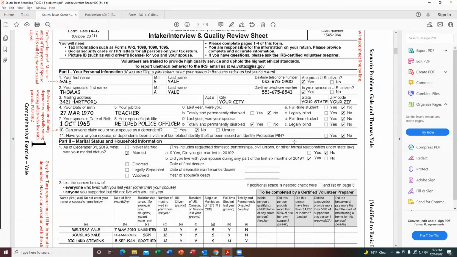Okay, so here's the intake and interview sheet for Yale. And if you notice, Yale is the first name on the intake form, and then we have Thomas. Let me talk a little bit about this, because I know that we get those situations at our site. If you notice, it's the female spouse name that appears first, followed by the husband, wife, and then husband. For IRS purposes,